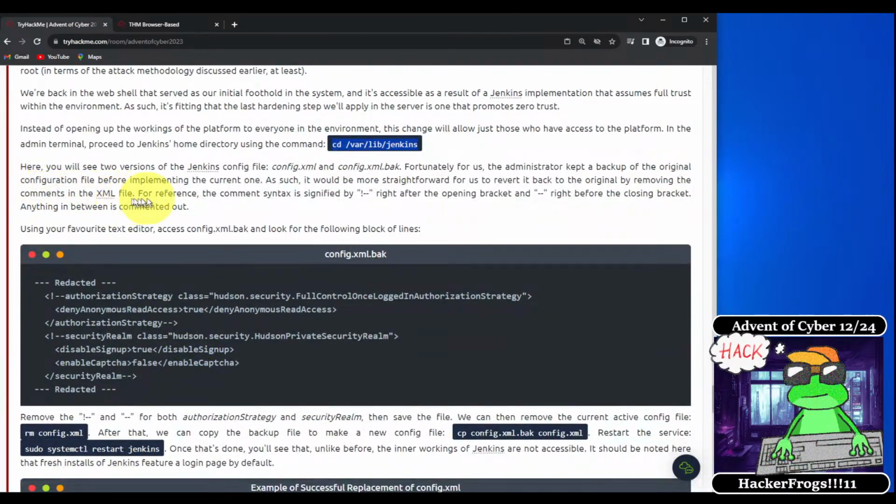Okay, here you're going to see two versions of the Jenkins config file, config.xml and config.xml.back. Fortunately for us, the user kept a backup of the original configuration file before implementing the current one. As such, it would be more straightforward for us to revert it back to the original by removing the comments